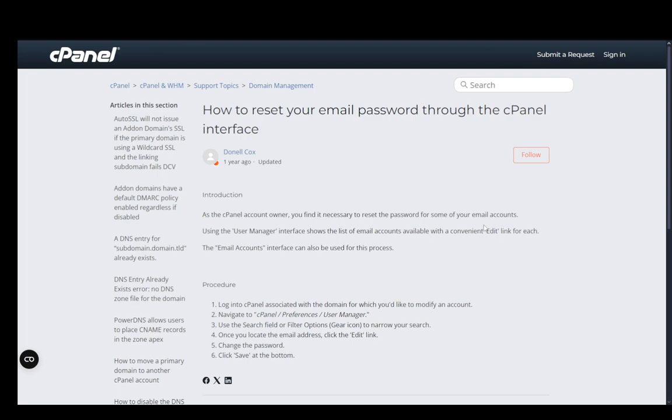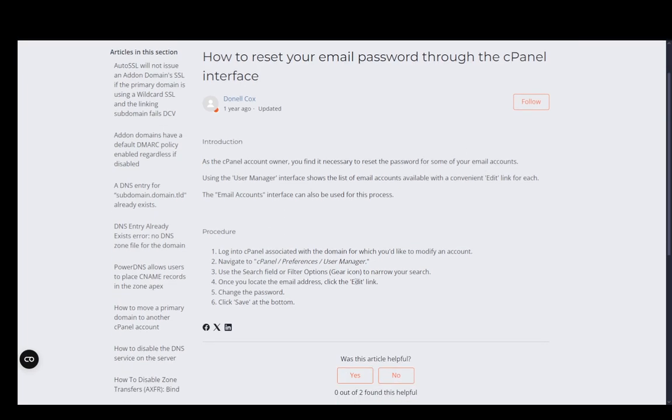Now, of course, since you're the account owner, you will have the ability to manage your email account, and you'll be able to change the password very easily. The way that you do this is you log into cPanel with the URL address, either the IP address of your server and then :2083, or your domain address and then :2083 or /cPanel, and it'll take you directly to your cPanel login. Just log in, and then you need to go into preferences and go into the user